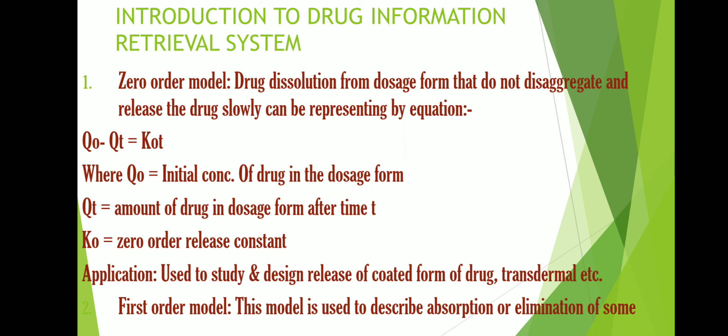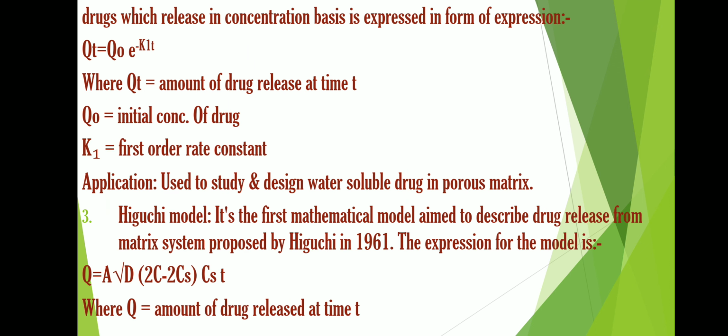So next comes the first order model. First order model, as I've already told, depends on the concentration. That is, whether this equation is for absorption or metabolism or excretion, for any type of pharmacokinetic factor, we can use this equation. For example, we want to know the excretion level. Whether the excretion is first order or second order or zero order, for that we can use this model. Like if we know that a particular medicine, when it is in high amount, it excretes,